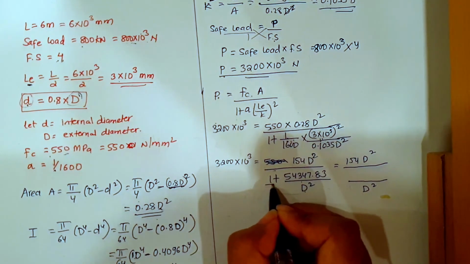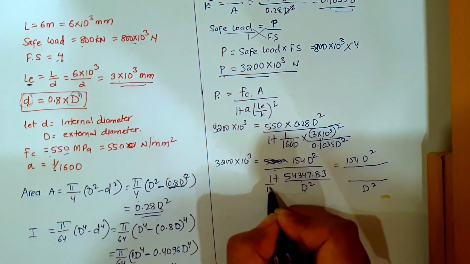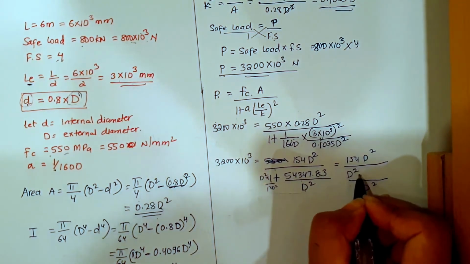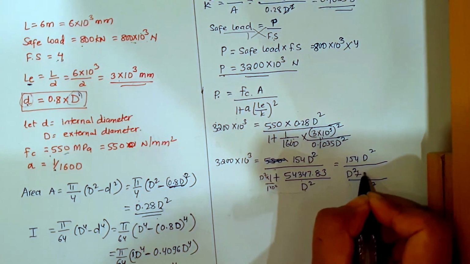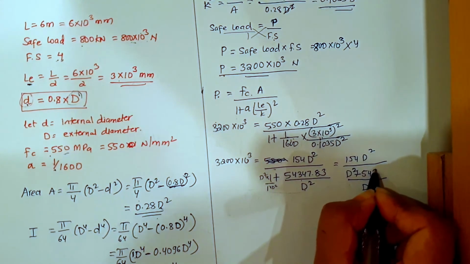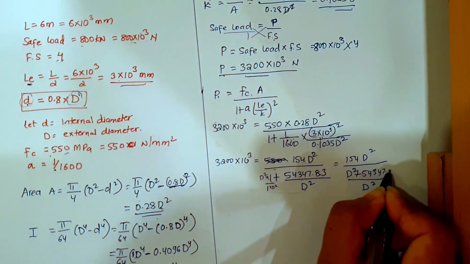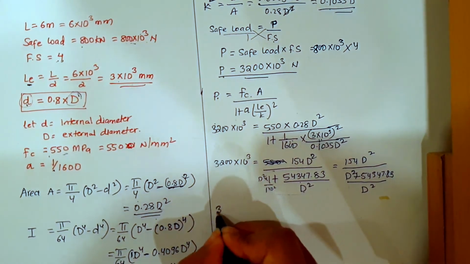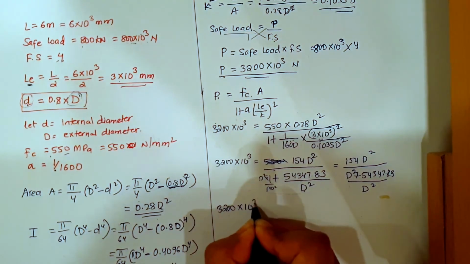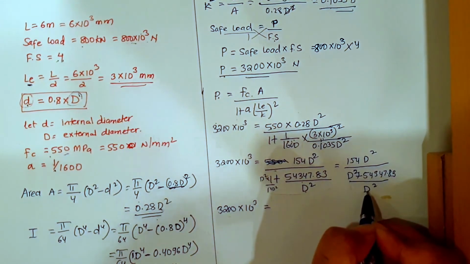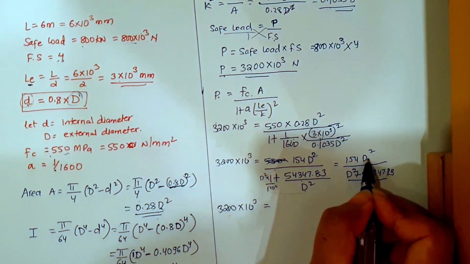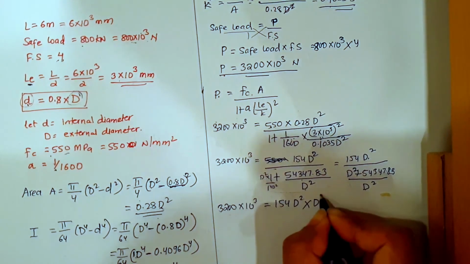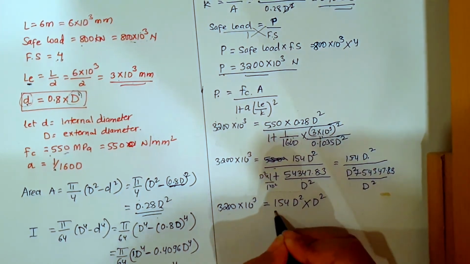अब इसका डिनोमिनेटर पे भी d square आने के लिए, let us imagine there is 1 into d square; ऊपर भी d square होगा. So I will get d square plus 5434.7.83. Right? Now I'll equate it again. 3200 into 10 raised to power 3 will be equal to, now यहाँ से अगर मैंने ये d को ऊपर भेज दिया, then it will be 154 d square into d square, ये इसको ऊपर भेज दिया, divided by